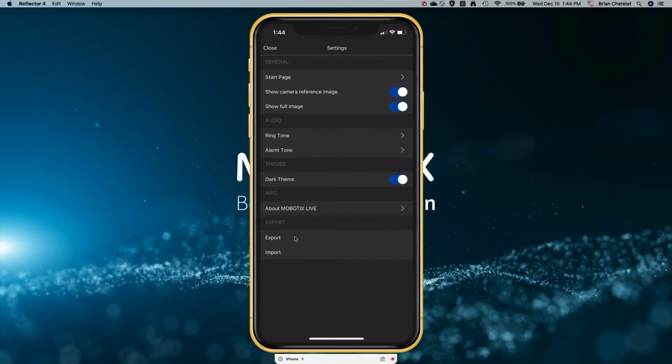So once I give it my credentials, it'll create a little export file, and when it does create that export file, it gives you options. You want to text it to somebody, WhatsApp it to somebody, email it to somebody. Any option that shows up gives you that option to send it from one mobile device to another. So that's kind of neat. Once that other mobile device takes it in, then their mobile device is going to look like yours.